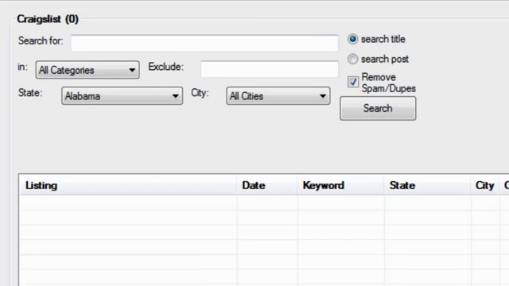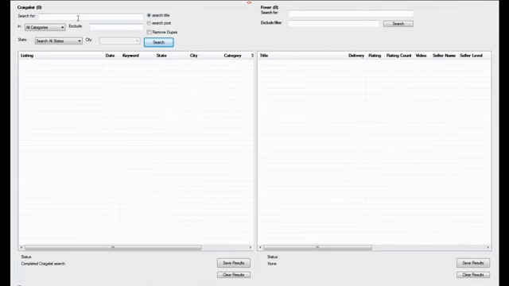Now, when it comes to keywords, this is really unlimited. The only limit is your imagination. I've had luck with logos. I've done a book cover. I've had a lot of luck with book covers, actually. And you'll see for yourself when you crack this bot open. You will see the gold mine that Craigslist truly can be when you have this massive weapon in your hand. But let me stop babbling here and show you how this thing actually works.